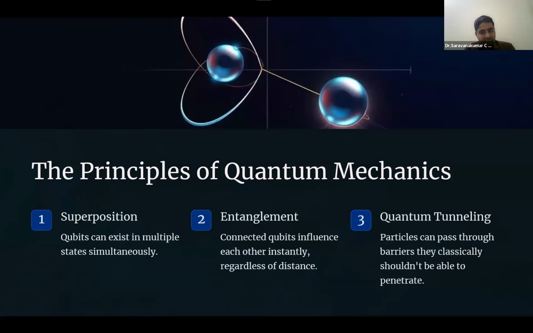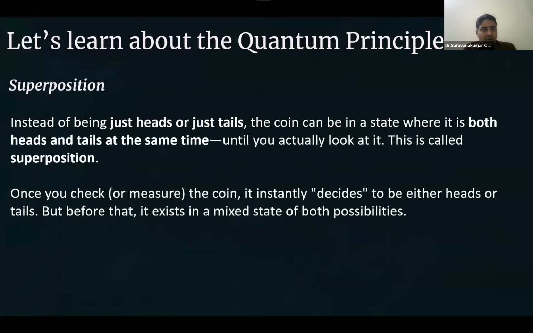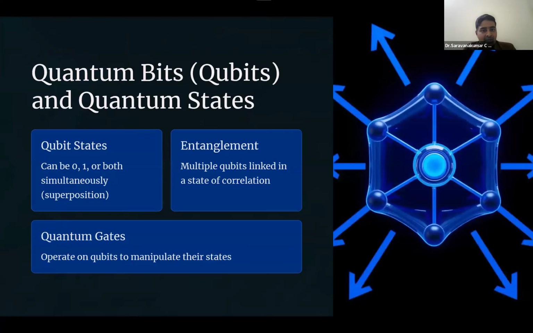different principles of quantum mechanics which are used in quantum computing. These three concepts are very important, but very easy to understand. They come in different flavors for different purposes in quantum computing. So superposition, entanglement, and tunneling are what we have discussed. And as I've told you, when you take quantum, we should know the other two terminologies, called state and